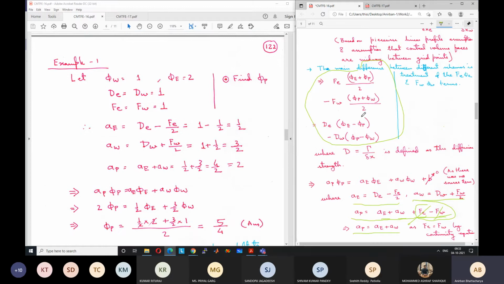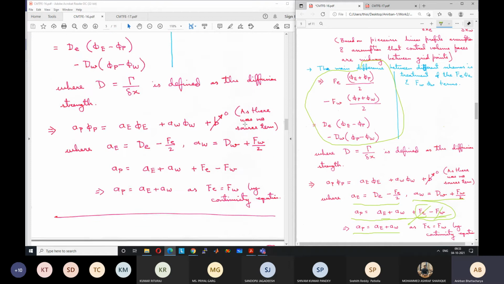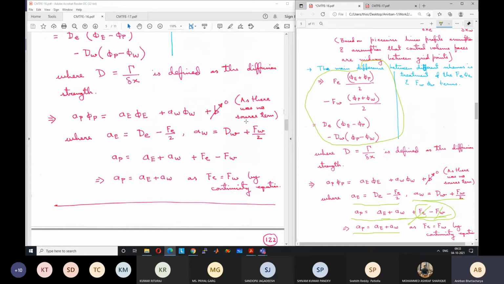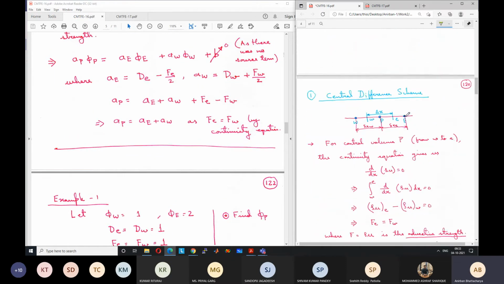There is another convention where you can write them in terms of I plus 1, I minus 1, and the interfaces as I plus half and I minus half. So this point will be I, this will be I plus 1, this will be I minus 1, this will be I plus half, and this will be I minus half. The advantage of writing like that is that you can write the program in terms of I and just change the value of I going from 2 to n minus 1, something like that.